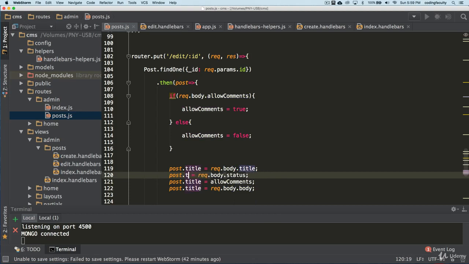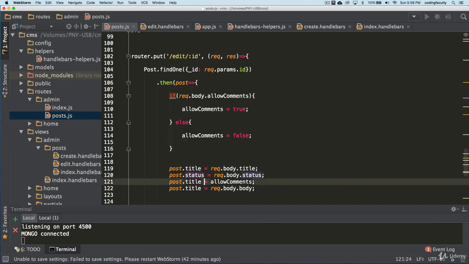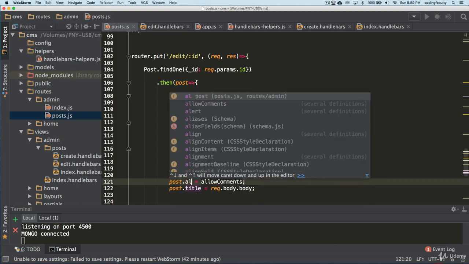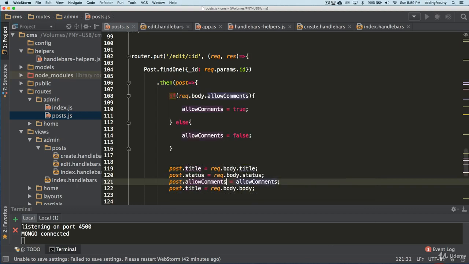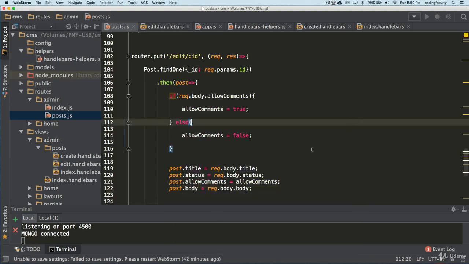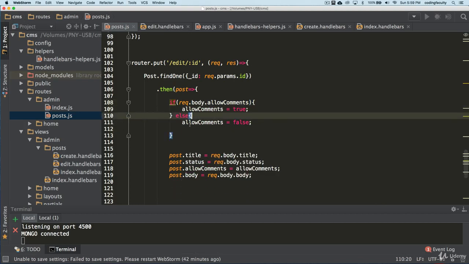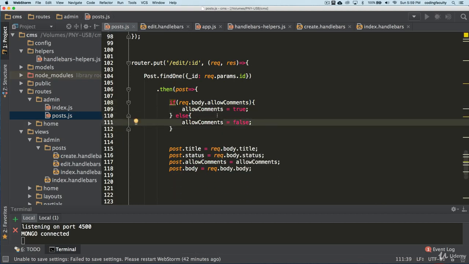So status. Allow comments. And the body. I think that should work. Let me just make this a little smaller here. We don't need to, you already know what this is doing. So